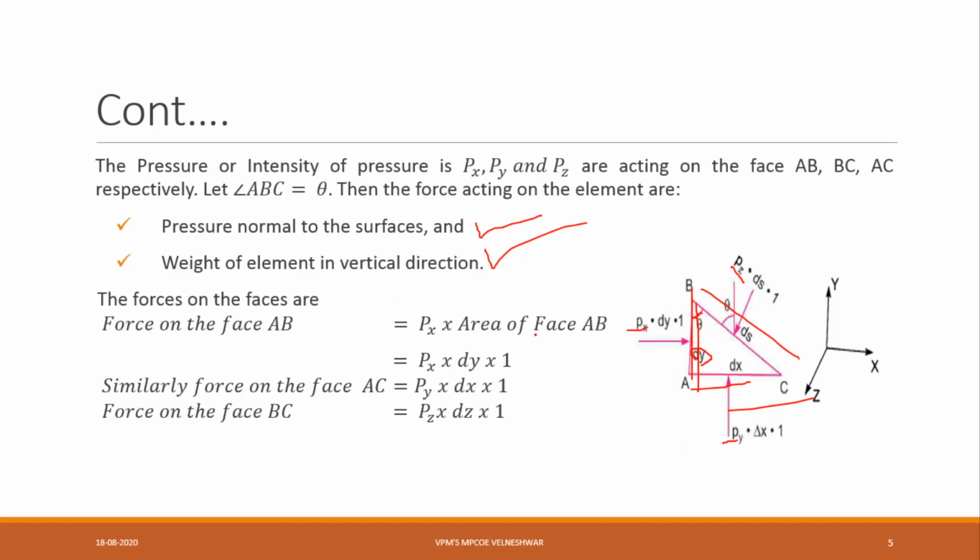Either dz or ds we can take. Here I am taking ds. Here also, instead of z you can take x. That is our wish; based on our convenience, we can change it. See here, instead of dx he has written delta x. Delta x is nothing but the change in pressure.